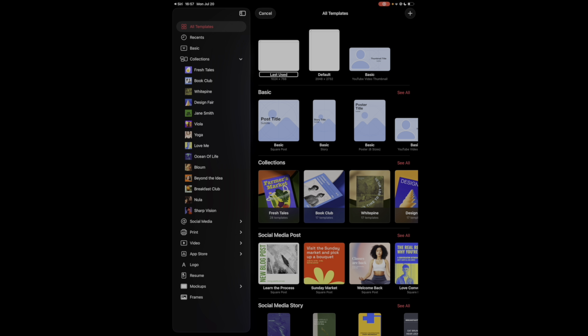Add button. Last used 1 of 3. 1024 times 768, 1 of 3. Default, 2. 2048 times 2732, 2 of 3. Basic, 3 of 3. YouTube video thumbnail, 3 of 3. Basic. See all button. Basic 1 of 20. Square post, 1 of 20. Basic. Story, 2 of 20. These templates are designed to make editing and stuff easier, but however, I'm not going to use a template, so